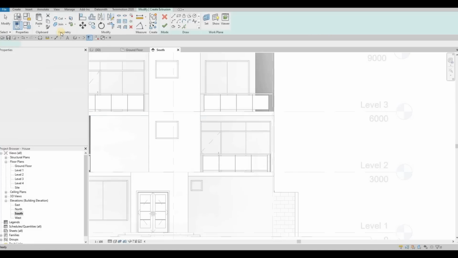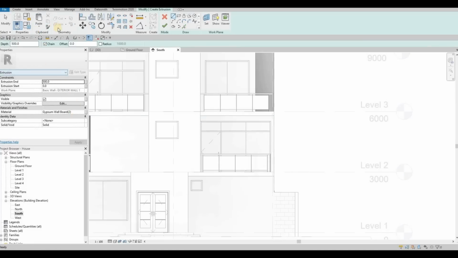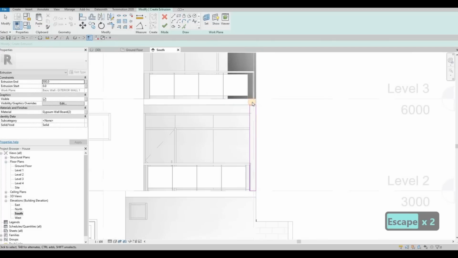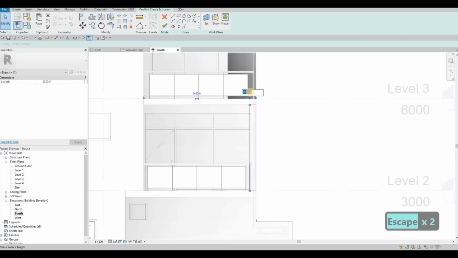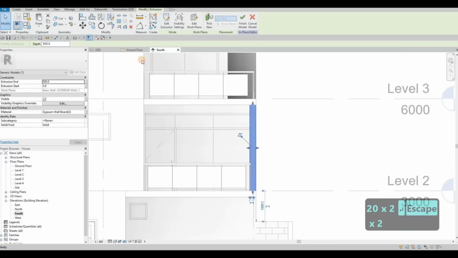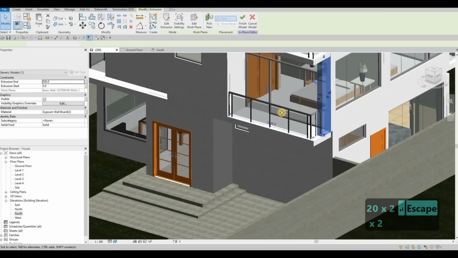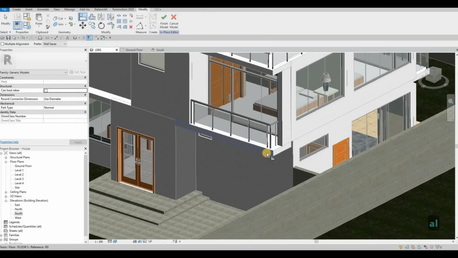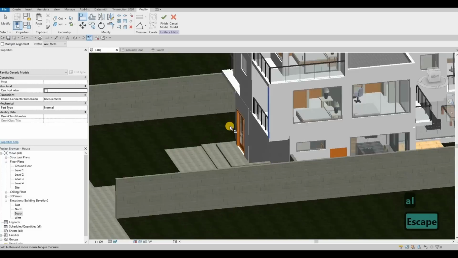We're gonna select this wall. Make sure it's 200. There we go. So not sure what happened, how come it didn't show for the first time, but